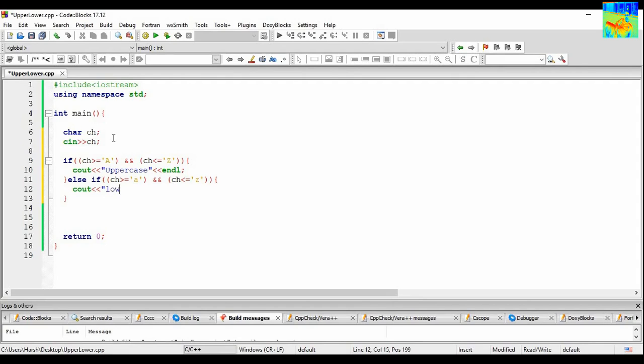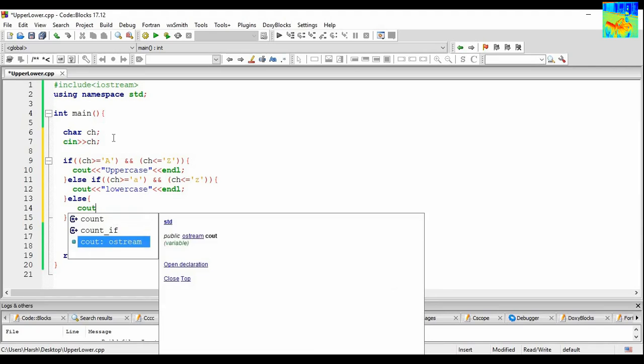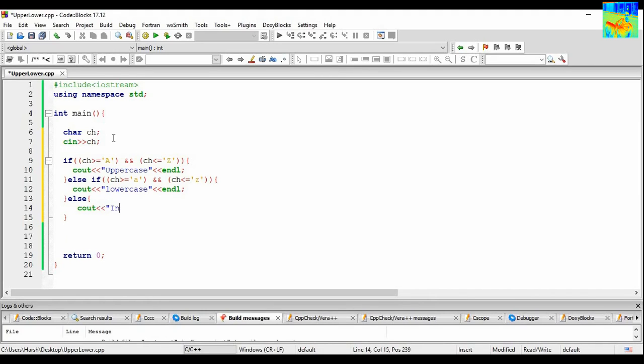So cout lowercase. Else, if both the above conditions are false, that means the given character is not an alphabet and hence it is an invalid character. So invalid character.